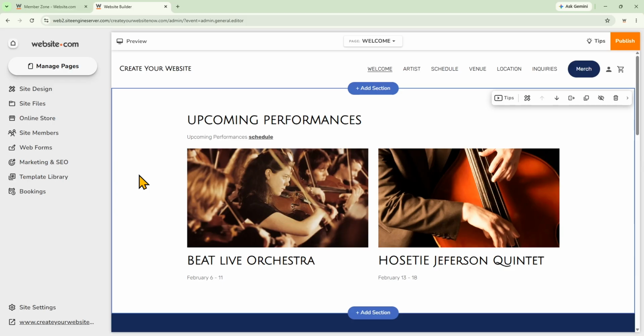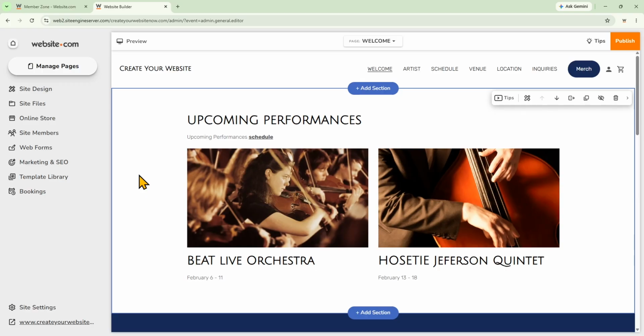I'll show you how to add one of these sections and how to customize the slide height, content width, and content position, which is how it differs from our classic gallery slider. If you want to see the video tutorial for our classic gallery slider, you can see the link to that in our video description. So here's how to easily add a text and media slider to your website.